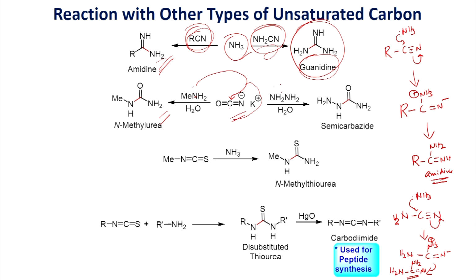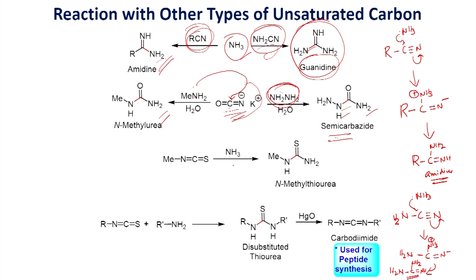On the other hand, if you use this hydrazine, this also can readily undergo addition reaction, and you will be able to form semicarbazide as the product. If you look at all the reactions, you make a carbon-nitrogen bond. Basically, you add a nitrogen nucleophile to an electrophilic carbon, and you make a carbon-nitrogen bond. Here also, when you take the hydrazine as the nucleophile, it can readily undergo addition with this isocyanate salt to give semicarbazide as the product.